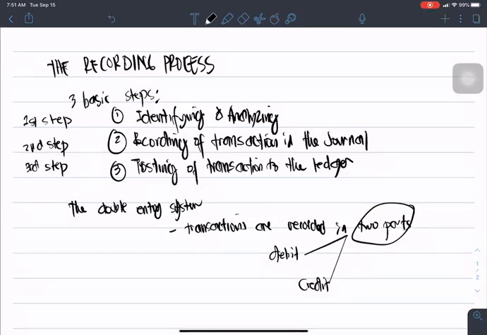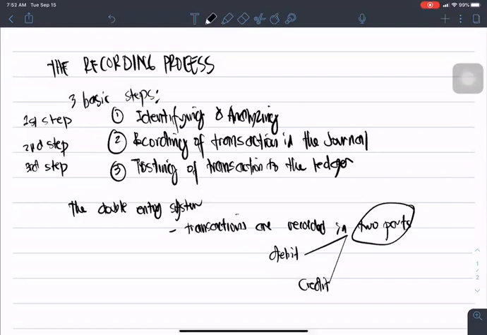Left side. Therefore, to decrease, debit. Okay, so remember, debit or credit pertains only as to the side. And if ever you want to know how to increase or decrease that element, you need to learn the normal balances of the accounts. Okay, so in a double entry system, we record a transaction in two parts: the debit